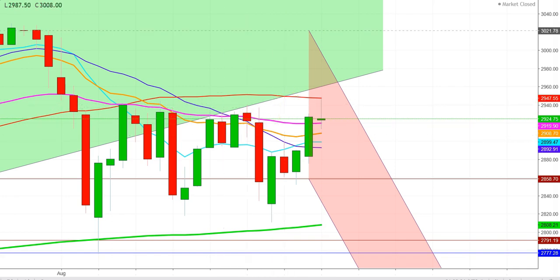Here you can see that after facing stiff resistance at the level of 3026, where the S&P 500 futures found stiff resistance, and here we can see that the S&P 500 futures found heavy sell-off on July 30th, 2019, and nosedived from these levels up to the levels of 2776 on August 6, 2019,